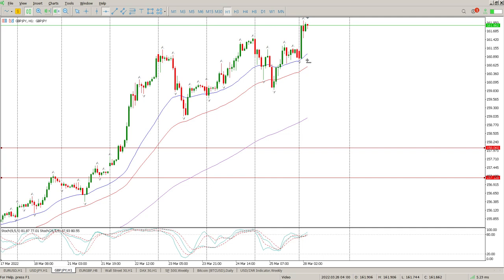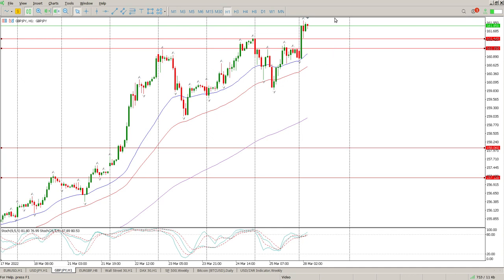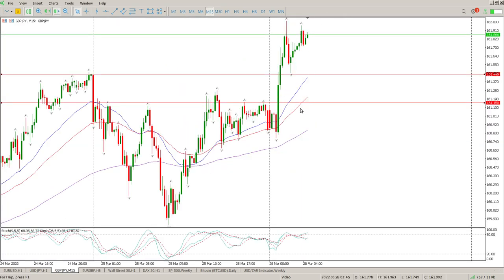But yeah, you need to watch the lower time frames, and at the moment there are two areas on the 1 hour that you need to pay attention to. First one is 161.450, and then you have 161.150. So if we can get back into this area, find support on the 15 minutes, that's the way I would be looking at this. Pull back into this area, find some support on the 15-minute, oscillators grouping to the downside on the 15-minute, then I'm looking to be long with a really tight stop loss,